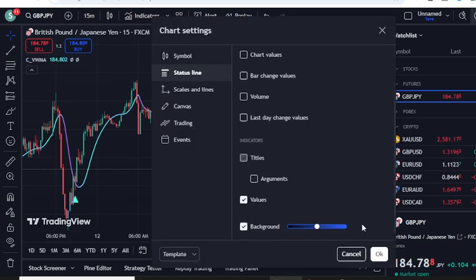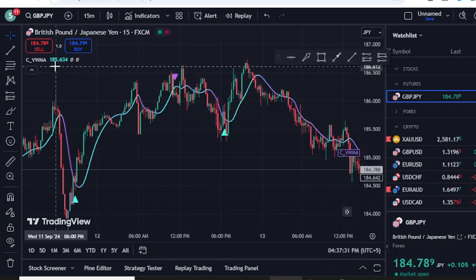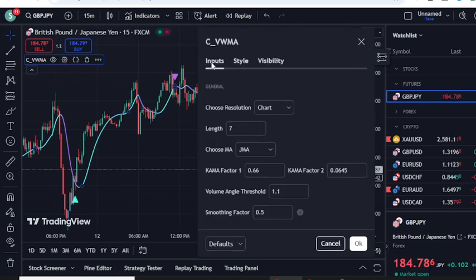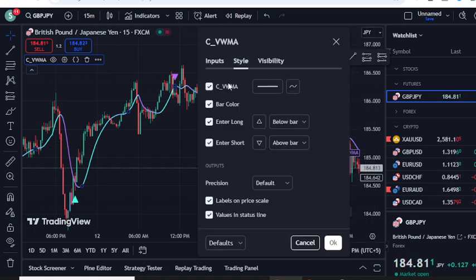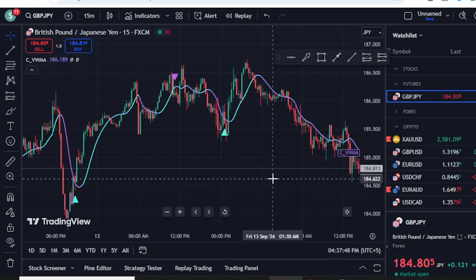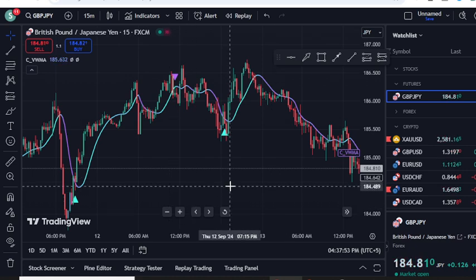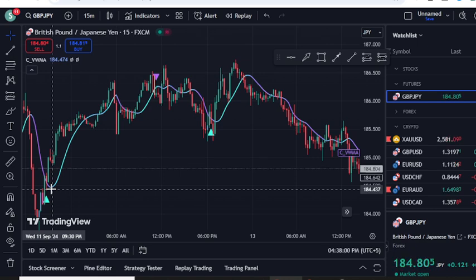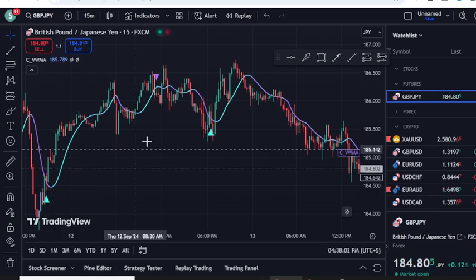Now if you just look at this indicator, you can clearly see it is based on the moving average. Now I'm going to the settings of this indicator. If we go into the input section, it is using some comma, some smoothing factor, and some CWVMA, and I'm going to tell you what they actually are. Don't worry, because this video is going to be very informative for you. First of all, this indicator is not based on one moving average. It's basically based on two to three moving averages, and that makes this combination very good.